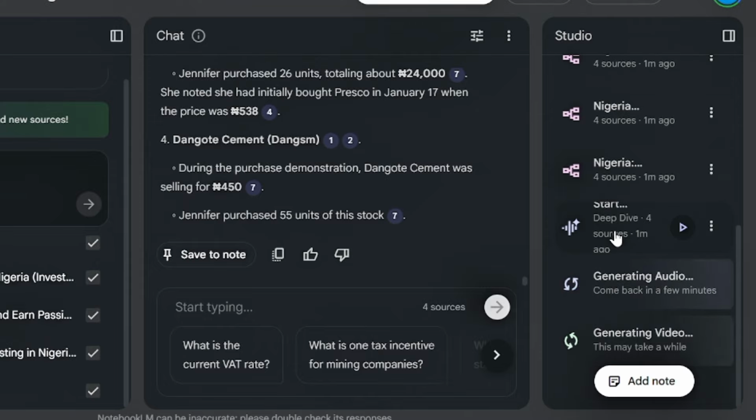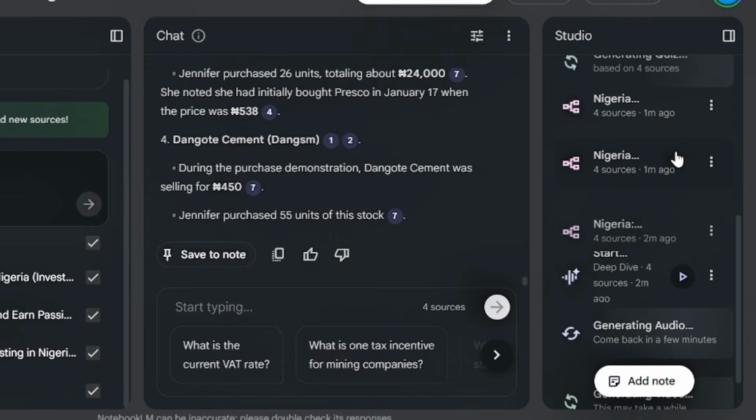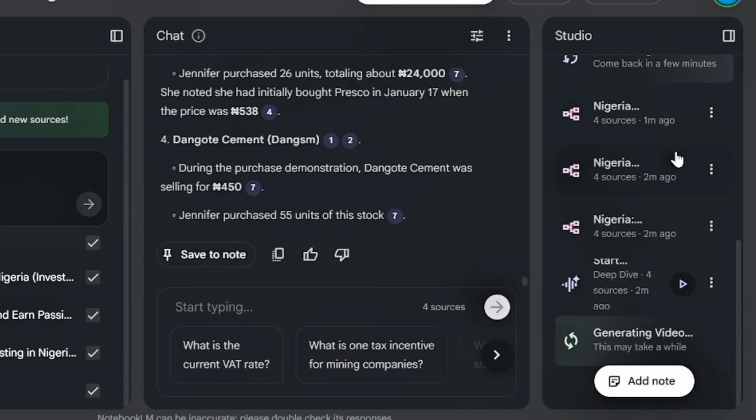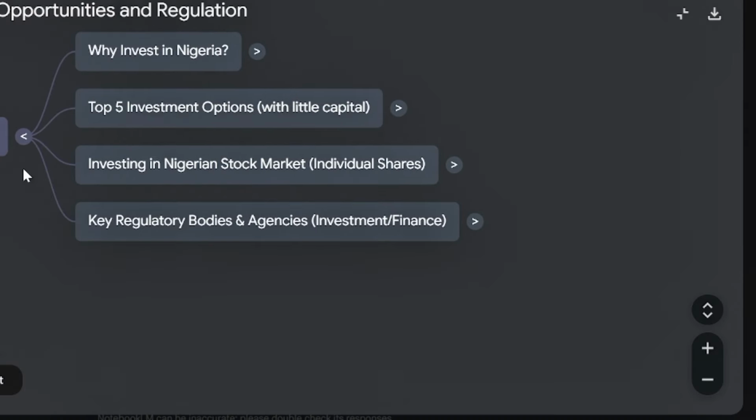So everything is being generated now. For those that have been generated, let's go ahead and play. So now our podcast has been generated. So we are waiting for the video and the mind map. So let me show you the mind map. Click it. The mind map is just like